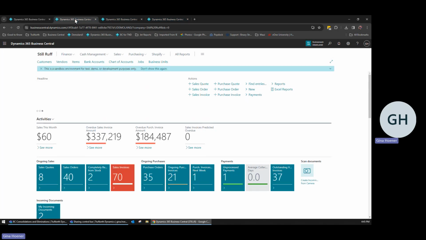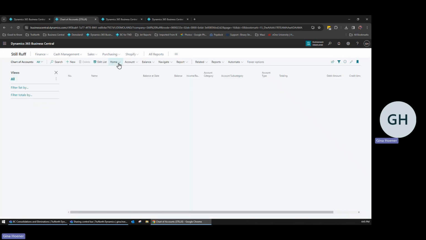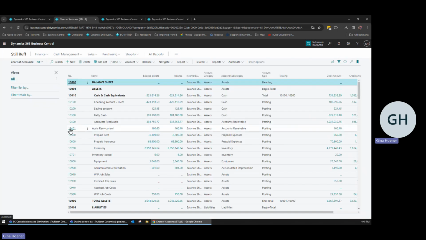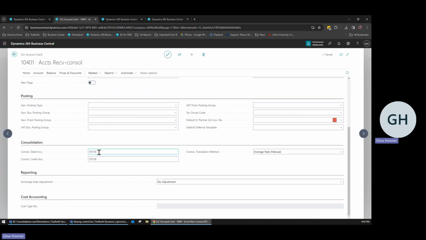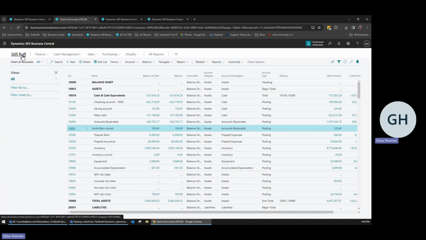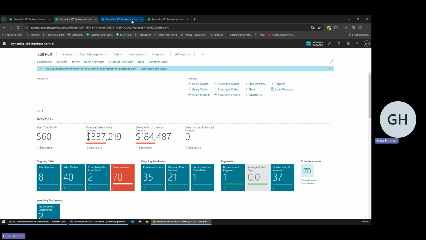And the consolidation setup in these companies takes the form in the chart of accounts. Your job is to assign the equivalent of the account number from your company over to the account number in the consolidation company. So for this accounts receivable account, I have put in the account number that it's linked to over in the consolidation company. So once I have gone through each of my companies and assigned those translations, then I can come over to